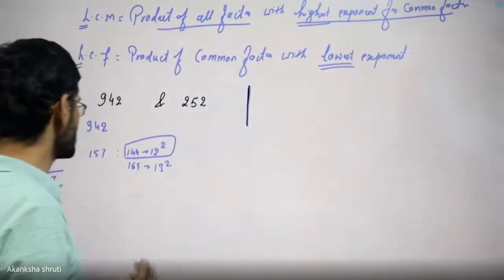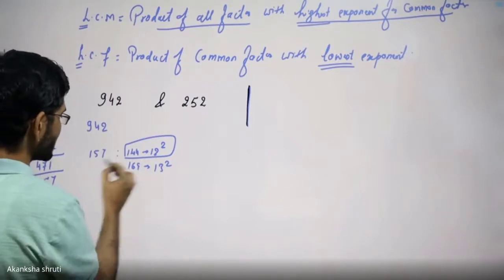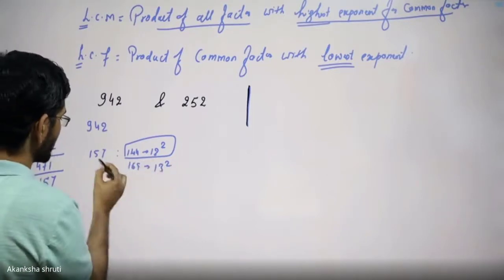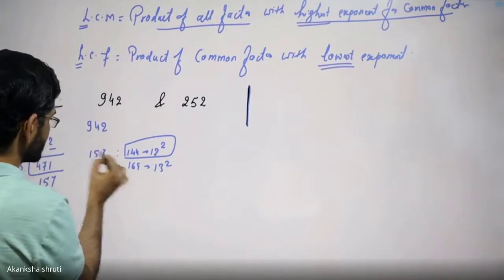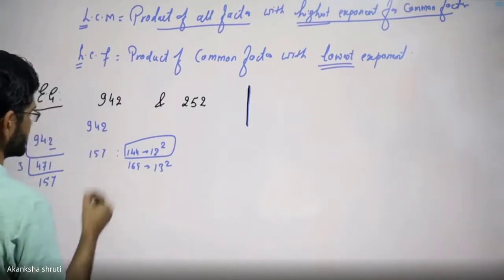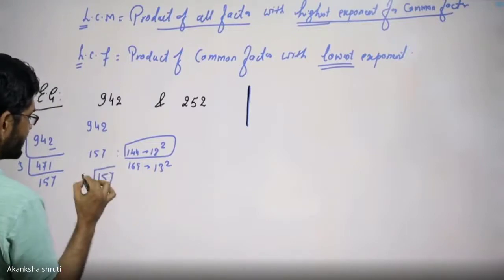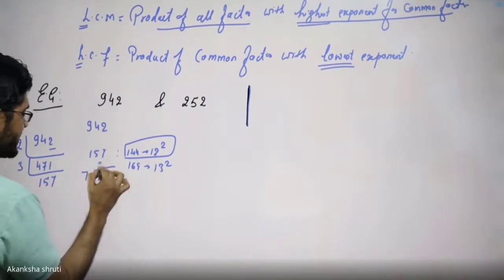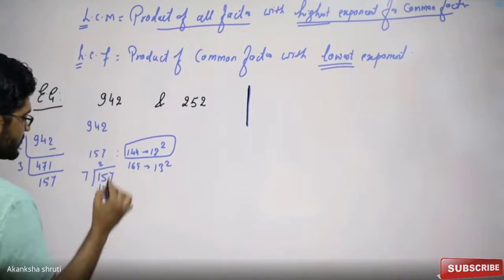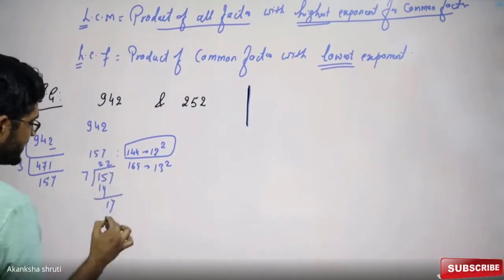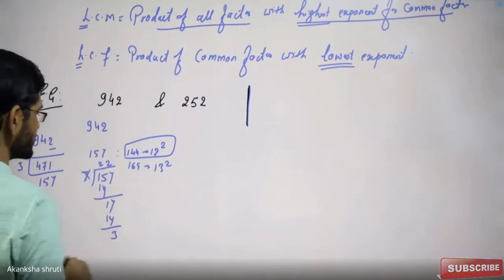Students, let us try with the 7. Directly we can go for dividing by the 7, or we may check by multiplying the last unit digit by 7, then subtracting it from this, that we can also see. Let me directly divide it by this 7. If we are dividing it by 7, then 7 2s are 14. You are getting that the remainder is 3. Means it is not divisible by 7. So 7 is also not possible.